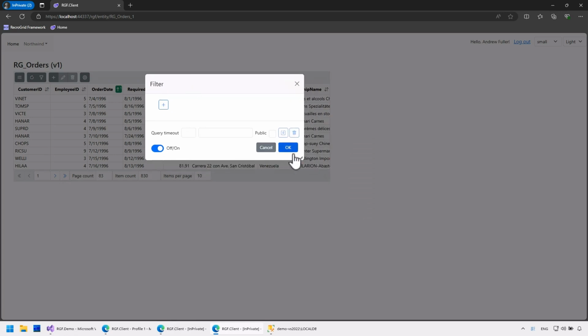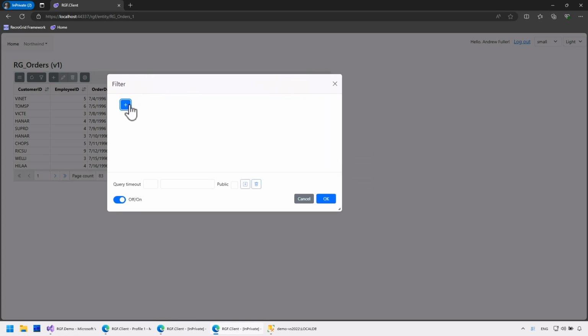It is also possible to save filter settings individually. You need to give the filter a name, which can be used to restore it later. Next to the name, there is a checkbox labeled Public, which makes the filter accessible to any user. To set this, you need filter administrator rights. Andrew has such rights, and now I will set it.